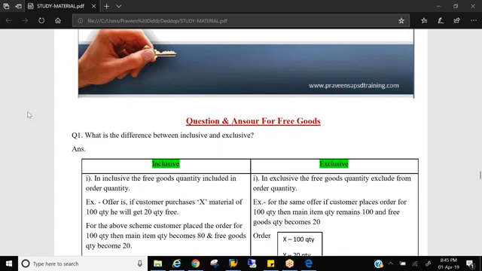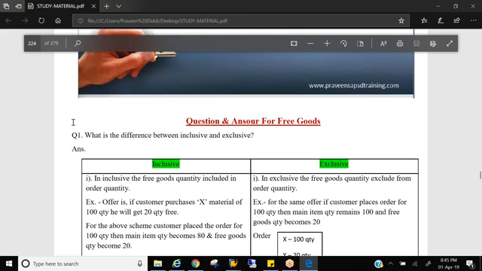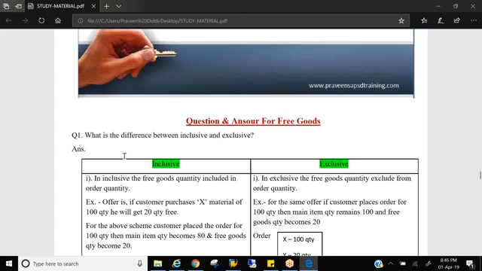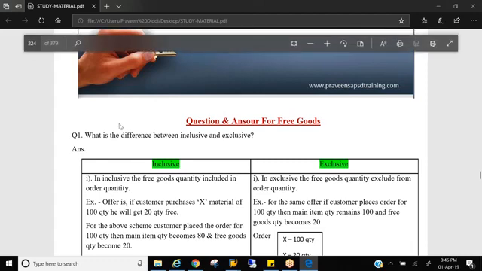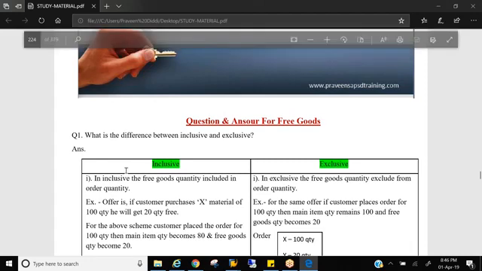This is value contract specific, not general. For value contracts, we have two scenarios: value contract general and value contract material specific. For value contract general, you need to create an assortment module and place all the materials the customer is eligible to buy. So this field is only for value contract material specific, only a particular material.